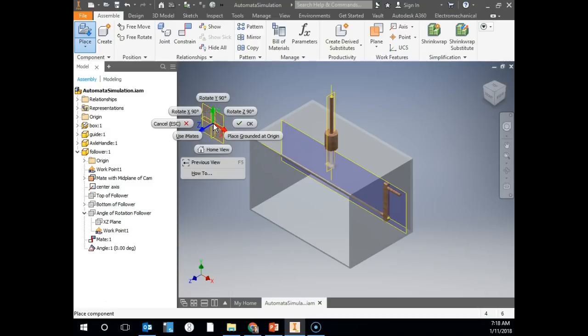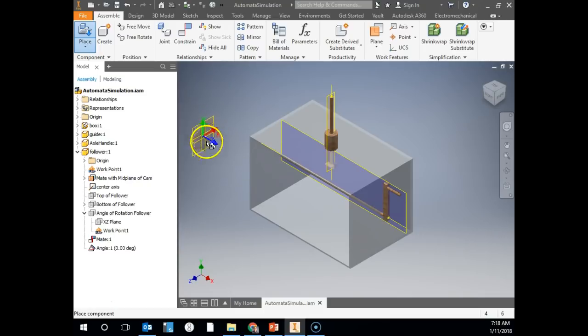First, you want to right click and rotate Y 90 degrees. When you do that, it's going to rotate that axis, so it's going to line it up the way we want to have it with our Automata box. Then I'm going to left click, which is my main click, in order to place that on there. I could place more CAMs, but I don't want to, so I'm going to hit the best friend, the escape key. That's going to take me back to just a normal working project file here,